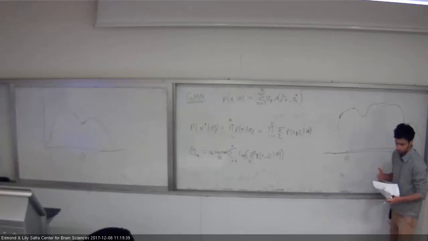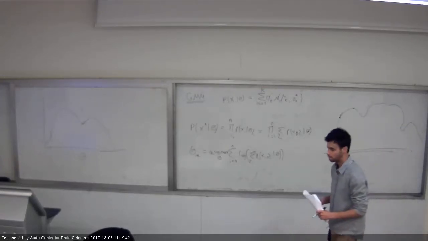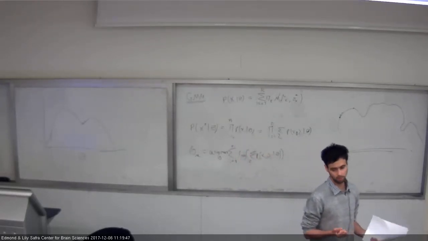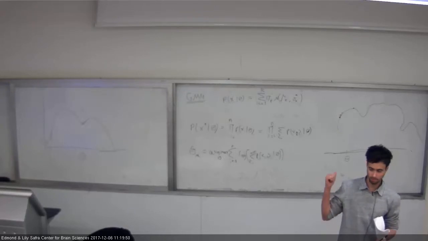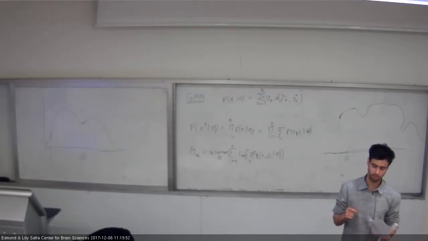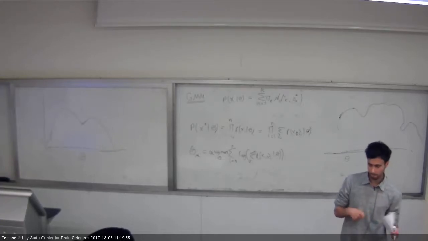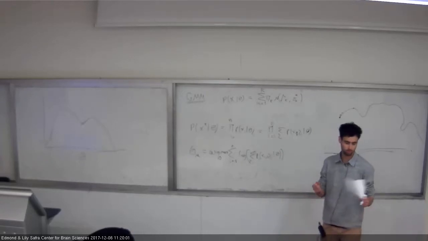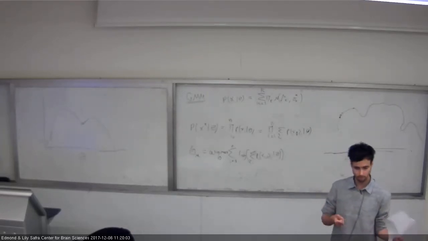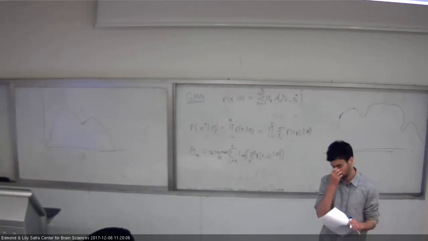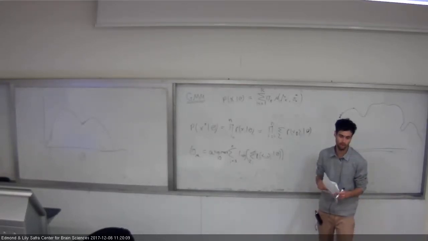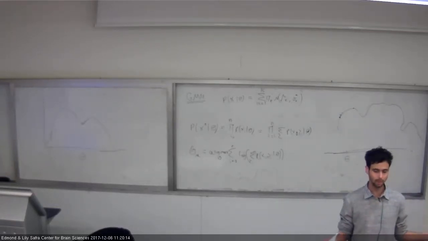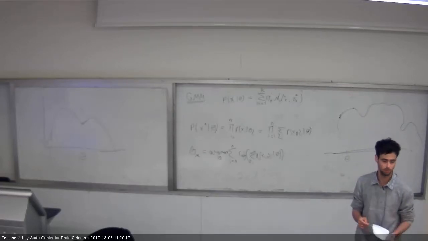Okay, this is one possible way. For example, neural networks: when you're training your favorite neural network, you're using gradient descent. But it's complicated because if you have a lot of parameters, you need to calculate the gradient for each one of them, and it can be inefficient. But never mind, in neural networks there is an algorithm that can do it in an efficient way.